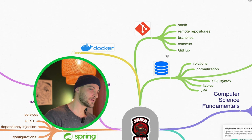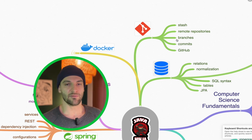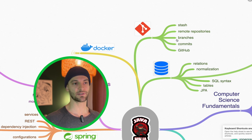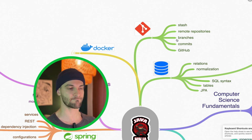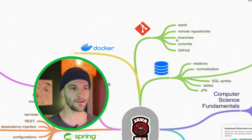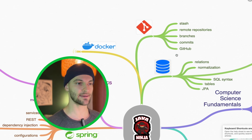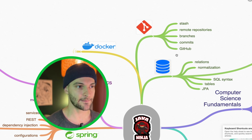So I think a few things to understand here is how the repositories work. How do you create branches? How do you commit your changes? How you do stashing for times that you don't want to commit your changes and you just want to put them aside. And of course, GitHub is, let's say, the main social platform when it comes to coding,